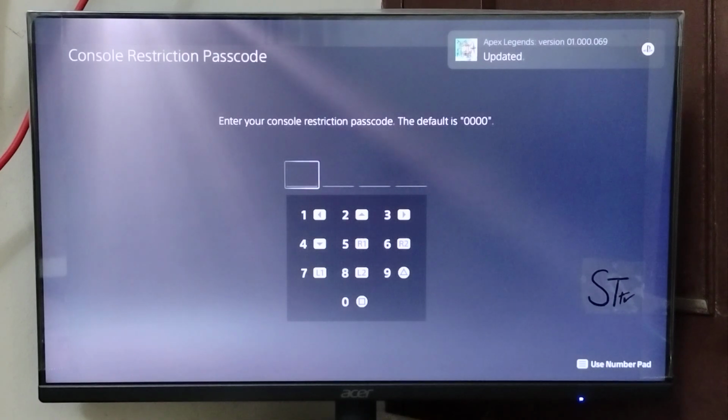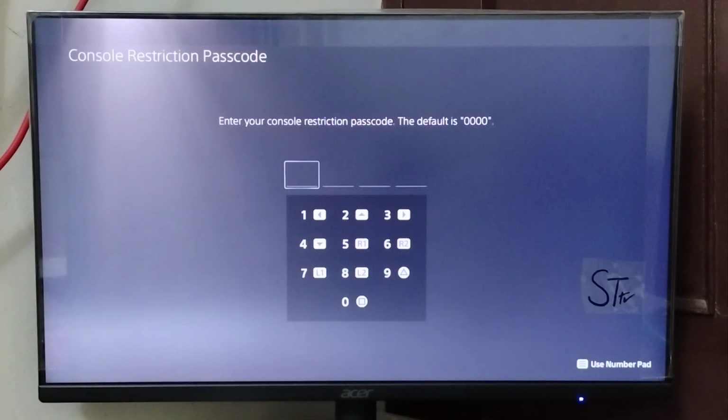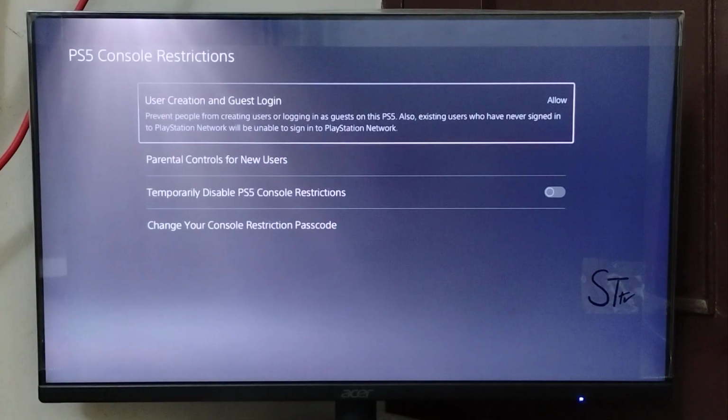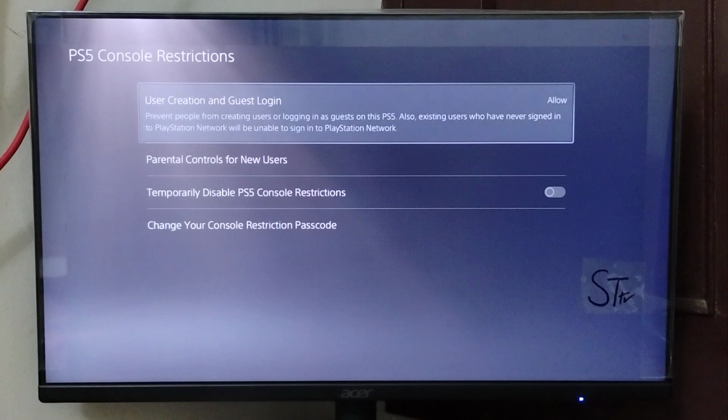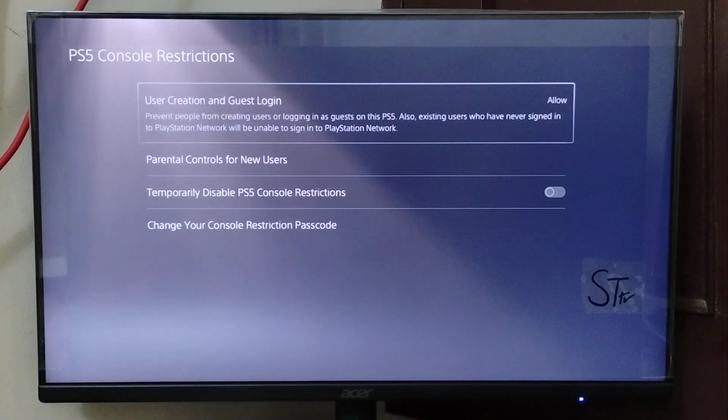So if you have not set any passcode, the default passcode is 0000. So you have to press the box 4 times, and this is the default passcode. And now you are in the PS5 console restrictions, and from here the first thing we see here is user